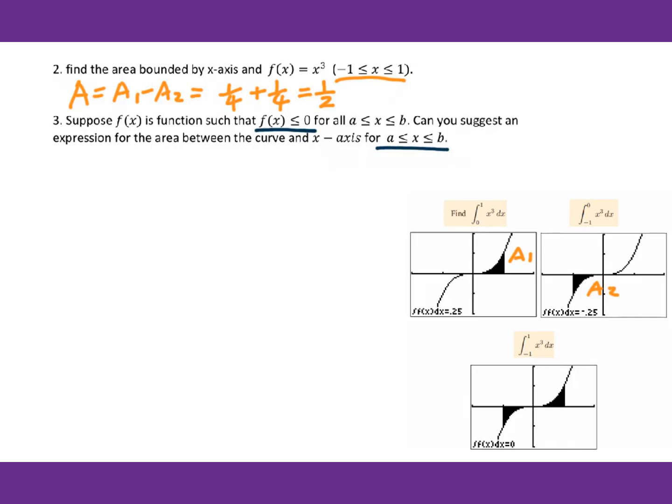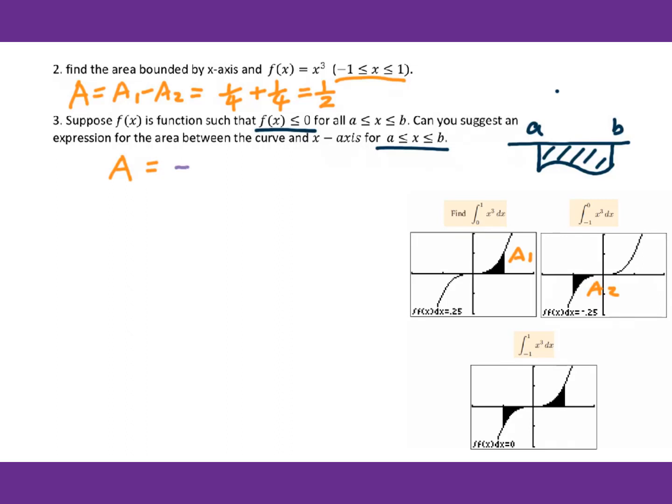If it's less than or equal to 0, the graph looks like this. This is a, here's b. Therefore, the area equals,